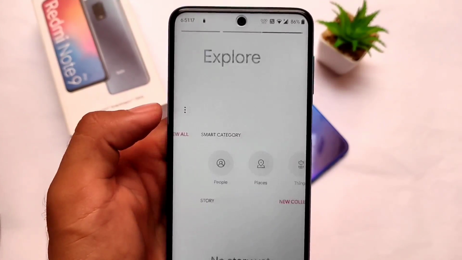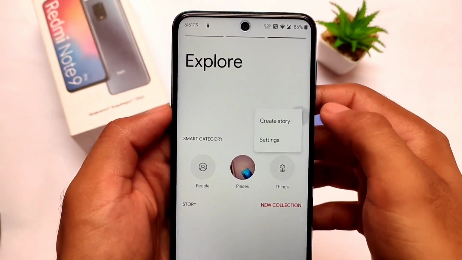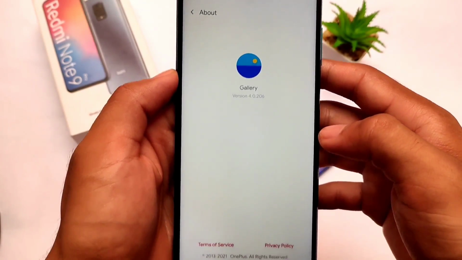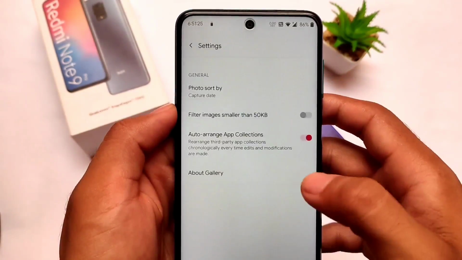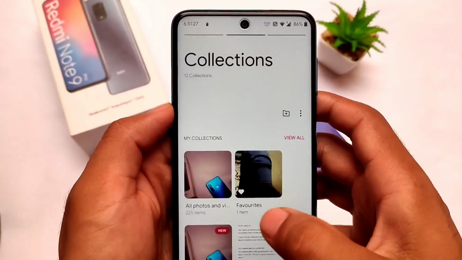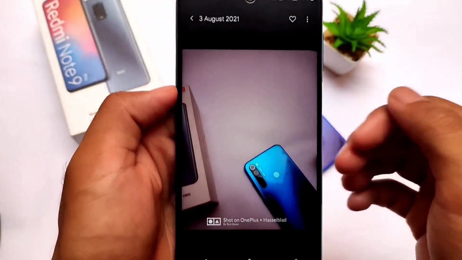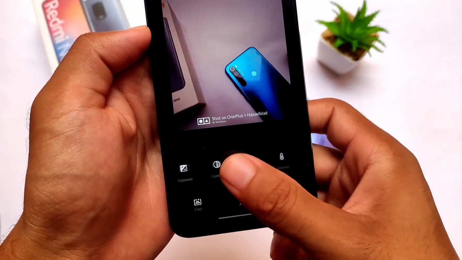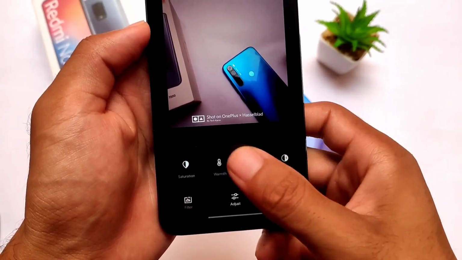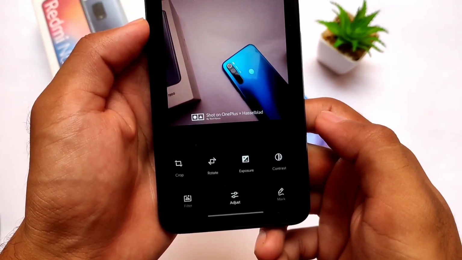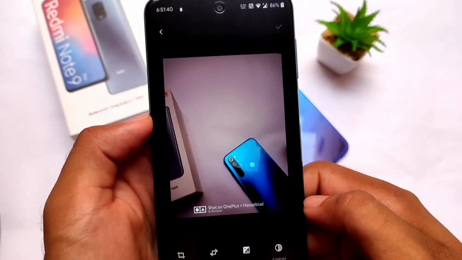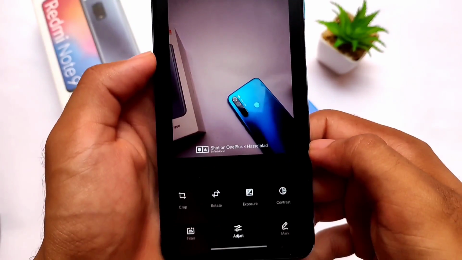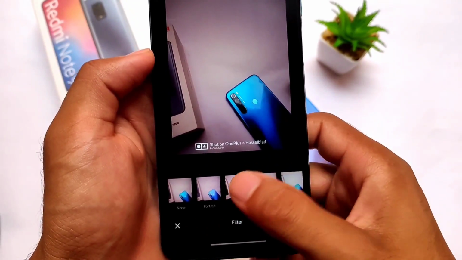Let's just talk about some other things in this OnePlus OS build. The default gallery is quite interesting one. The new updated gallery is here where you can simply check out these things. OnePlus gallery has interesting filters and etc. which you can explore if you want to check it out. The OnePlus gallery includes many things. For example, if I click on edit option, it comes with some editing options for you. Exposure, you can customize these things, saturation, warmth, highlights, shadows, and a lot more things. You can even customize other things here. For example, you have the option of choosing these filters here. Let me just show you. These are the filters you get here.